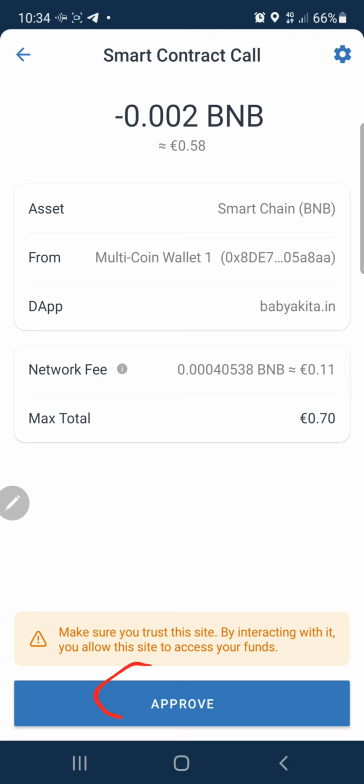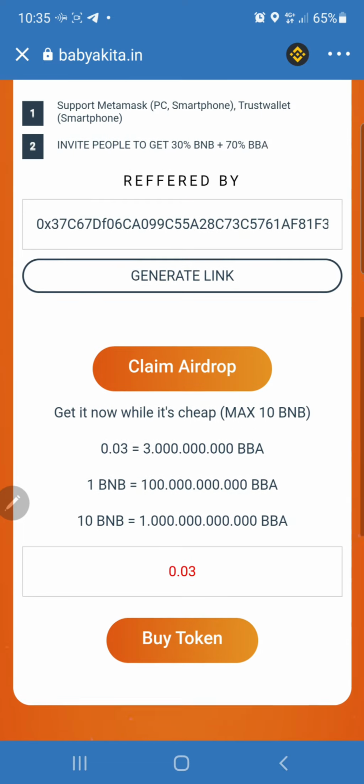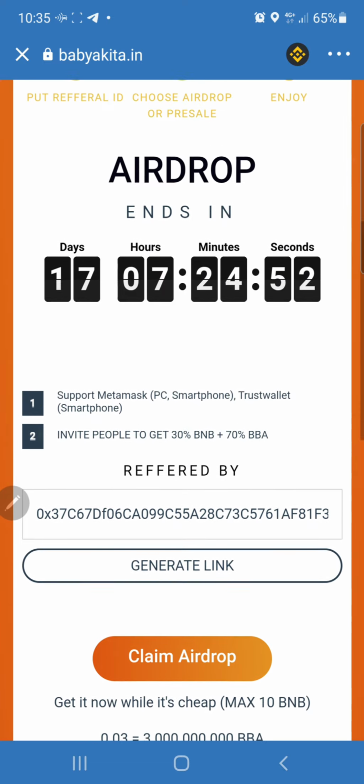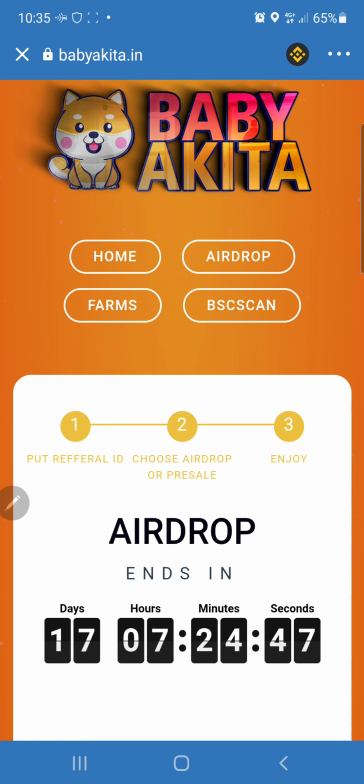Now click this button to approve. Wait a few seconds to see if the transaction is okay. Meanwhile, you can click this. Meanwhile, when we're waiting for the transaction,